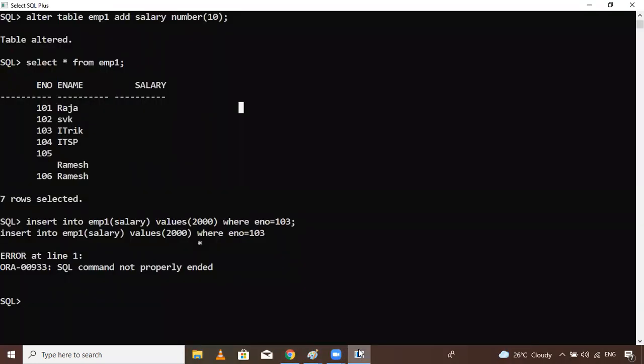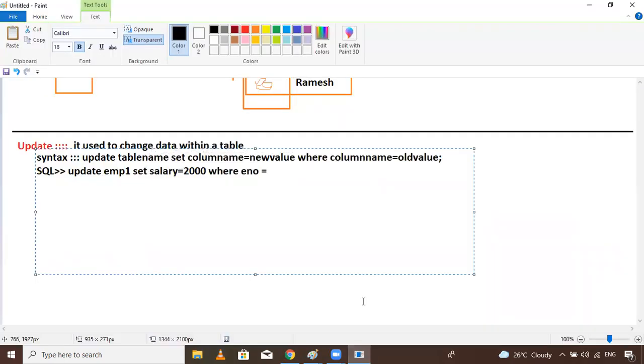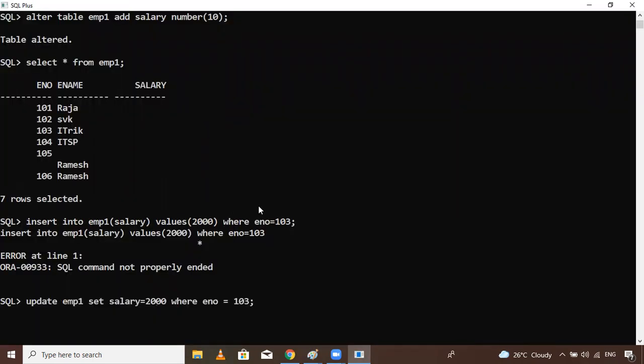I want to insert 103, where 103 is there. Let's execute this query, guys, inside the database.